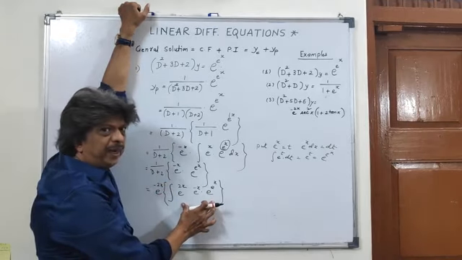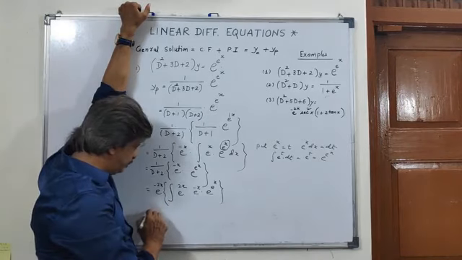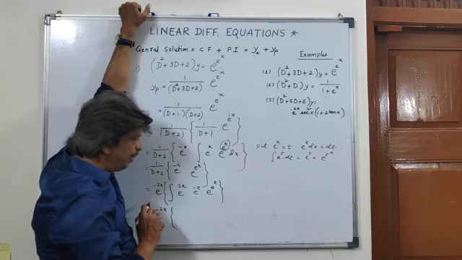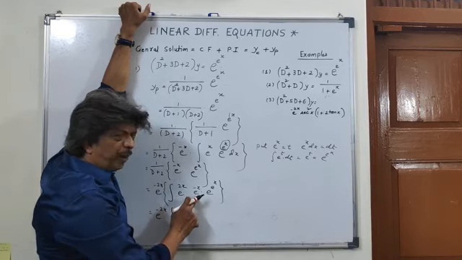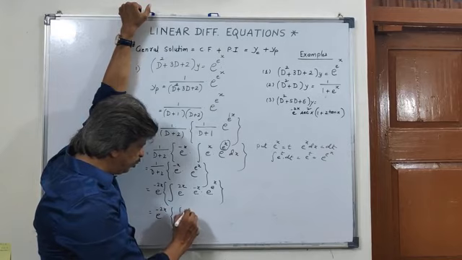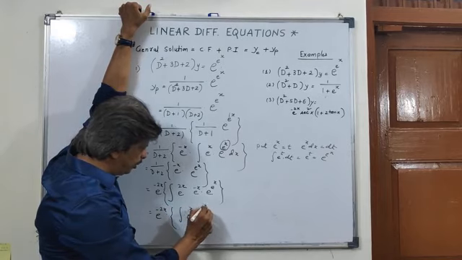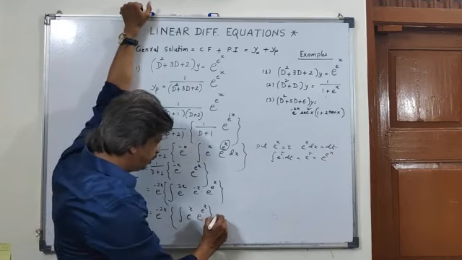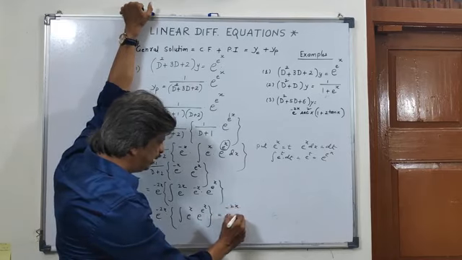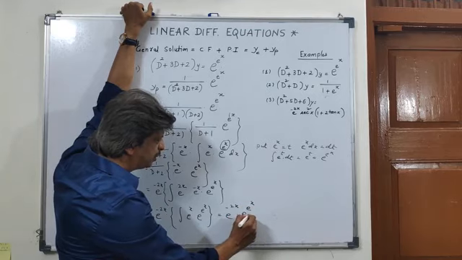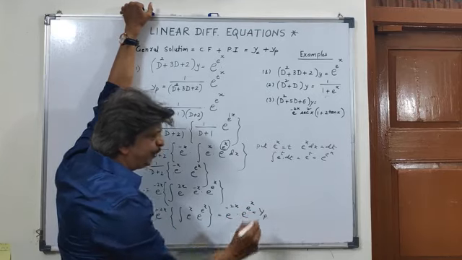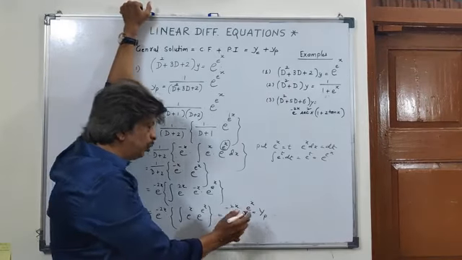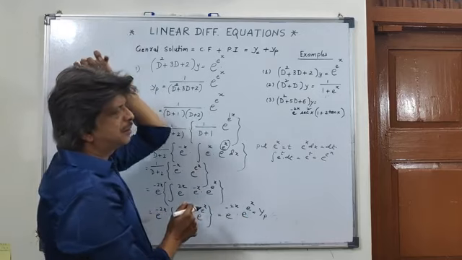Here once again I am using the same formula a second time. So it is e to the power minus 2x times integral of e to the power 2x into e to the power minus x into e to the power x. Again the same integral is repeating over here. So it is e to the power minus 2x into e to the power x. So this is the net value of y. This is the final answer: yp is e to the power minus 2x into e to the power x.